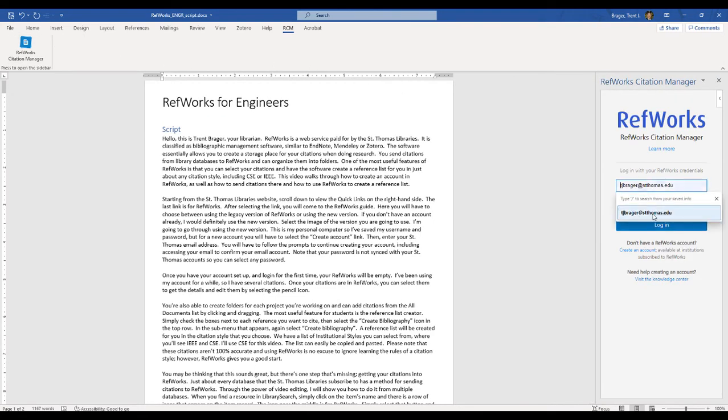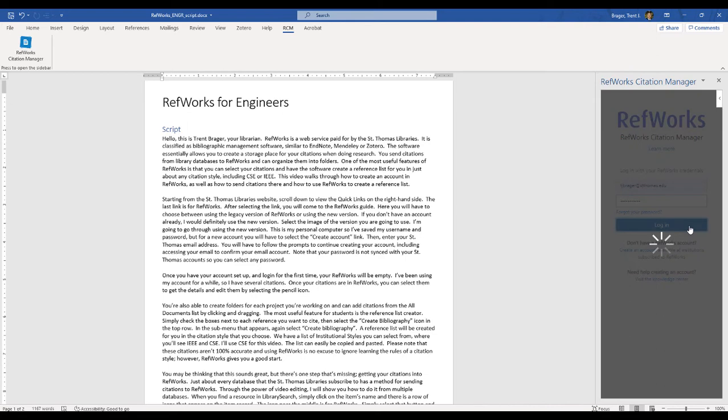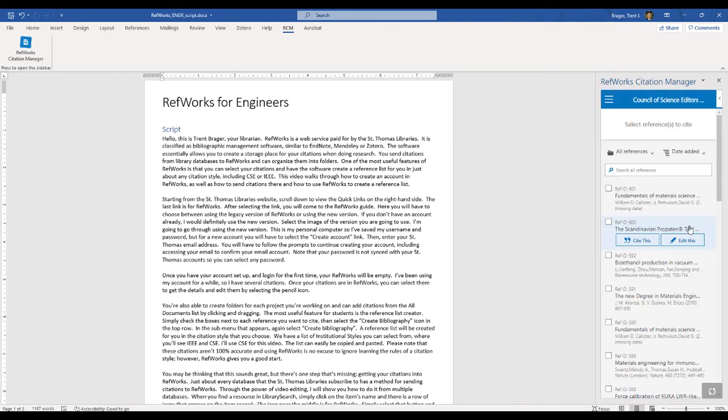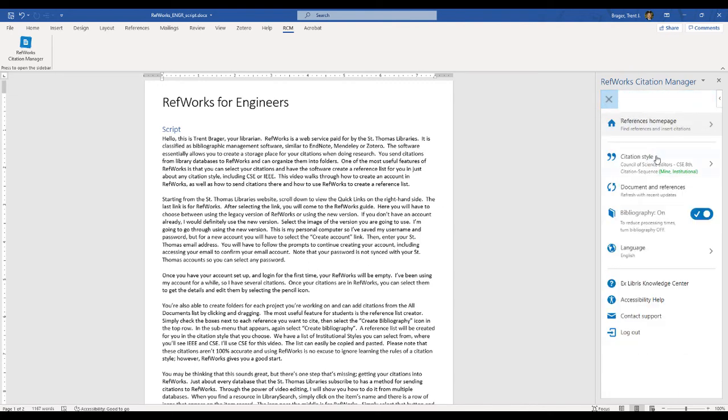It will have you log in with your RefWorks username and password to connect with your online account. Once it loads, you'll see a list of your citations and the citation style at the top. Use the three lines to open the menu where you can change the citation style